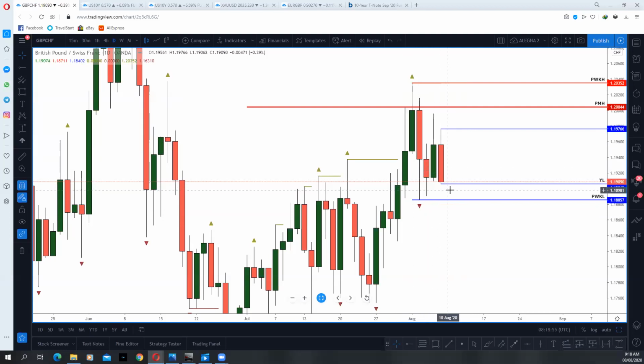You need to first have an idea of what your plan is. What level are you looking at? You're not looking at the structure, you're looking at the level. Has price got to that level? When price gets to that level, the next question you ask yourself is, what am I expecting? You're not trading the structure because the structure can be used to mislead you. You can stay on a higher time frame. Once you feel price is getting to your level, you drop to a lower time frame to take your position. But stay on the higher time frame to stop you from being deceived by level upon level.